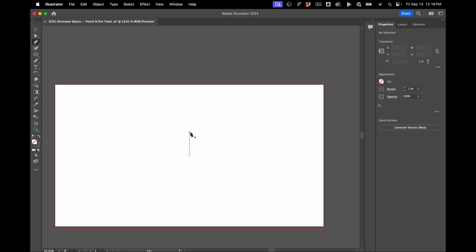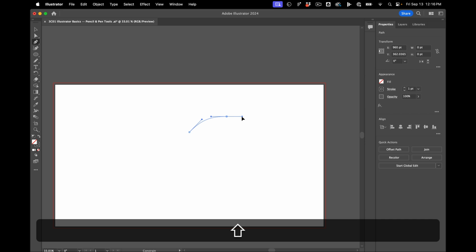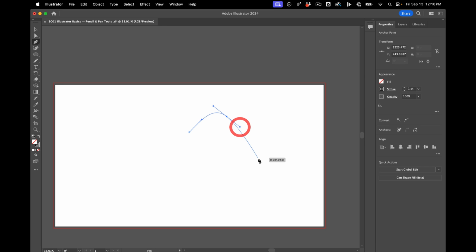So when I click with the pen tool active, it will put down a point. And if I click and drag, these little handles come out. These are called Bezier handles, but basically one way to think about them is how much influence this point has over the resulting line. So if I make these handles shorter, which we'll do in a second, you'll see that they won't have much influence on the line. And then if I make them longer, they have more influence on the line. So what I'm going to do, I'm just going to put down some points willy-nilly